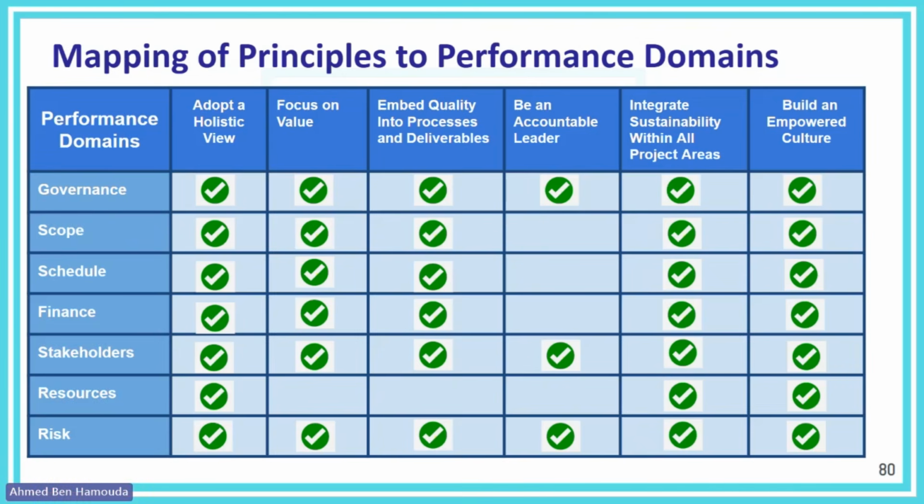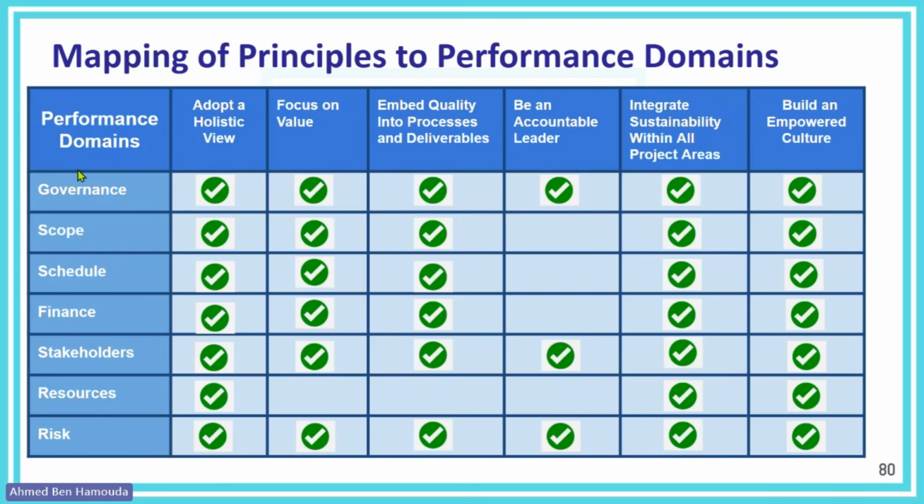Now, also we created for you this mapping table. I don't think many trainers have it yet, but at least we want to be the first ones to have it. This is a mapping of the principles and the different performance domains. Here we have the 7 performance domains: governance, scope, schedule, finance, stakeholders, resources, and risk. And here we have the 6 principles. So where each principle is present, okay? So adopting holistic view is in all,